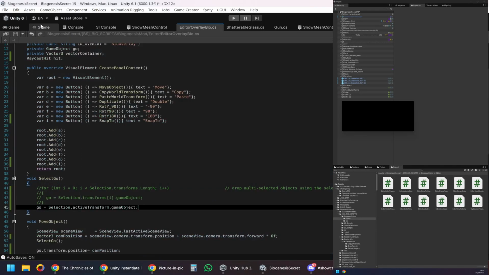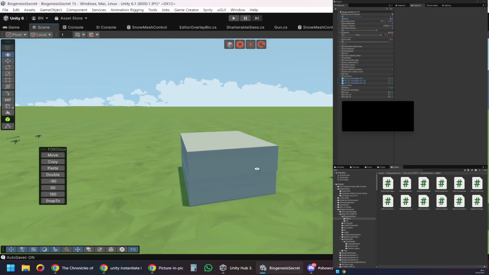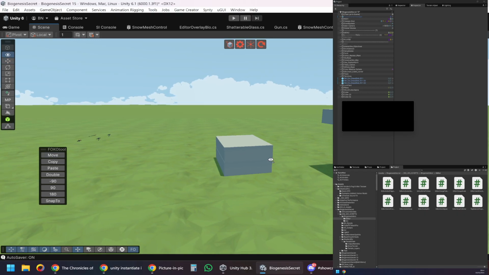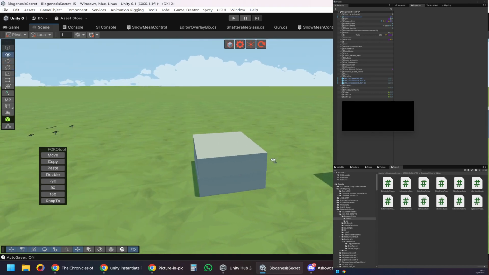Okay, so I'm gonna share with you a smart tool that I made. This is something that you can probably find everywhere on the internet or on the Unity store, but I just said maybe to someone that actually doesn't know that something like this can be possible. So while you edit your map in the editor mode, like right now, I'm over here